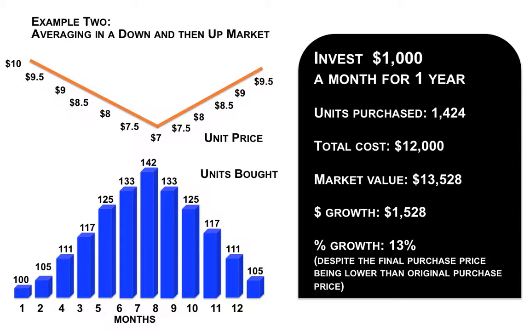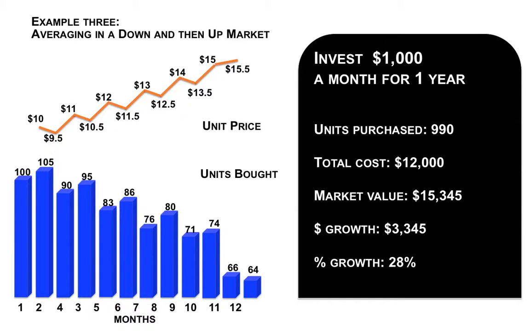And here, in the situation where a market has not recovered, or the fund has not recovered to its initial price, we can actually find ourselves that because we've been planting the seeds when the fund actually dropped, we've actually made a 13% return. And this is an ideal type of marketplace for dollar cost averaging. Now let's look at something which goes up and down on a regular basis. Let's look at an example.